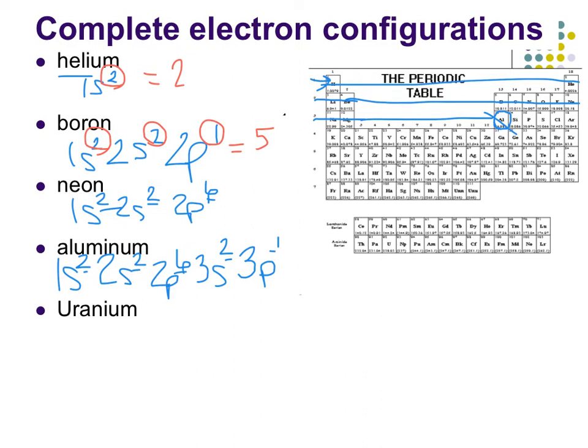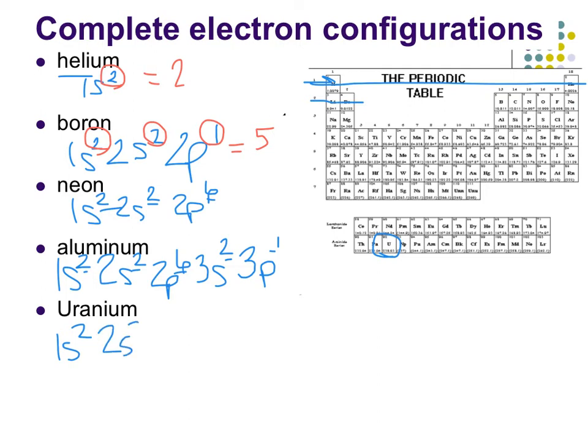So now that you seem to be getting the hang of things, give uranium a shot. By the way, uranium is way down here. All right, that's a tough one. Let's do this together. From the top, we're going through the 1s orbital, both boxes, the 2s orbital, both boxes,